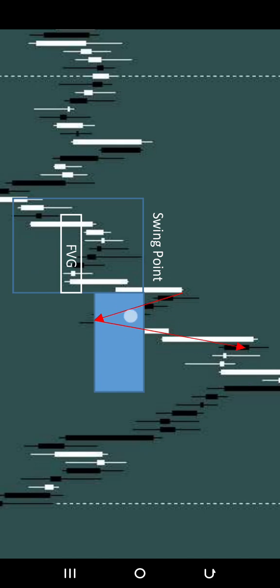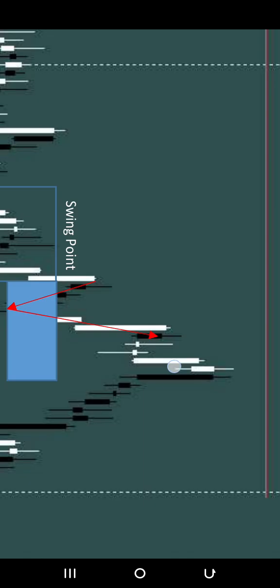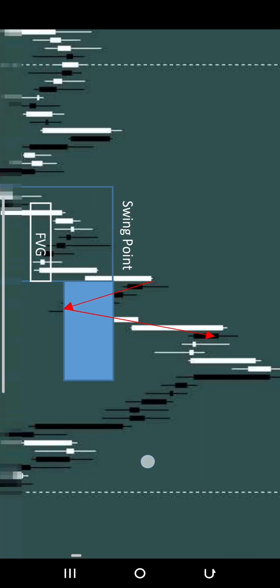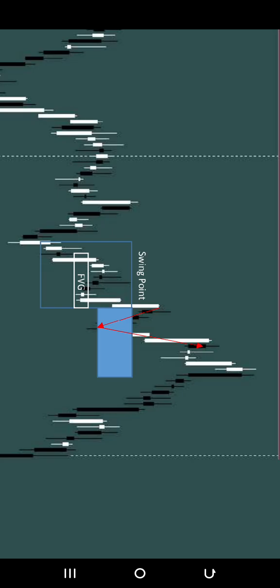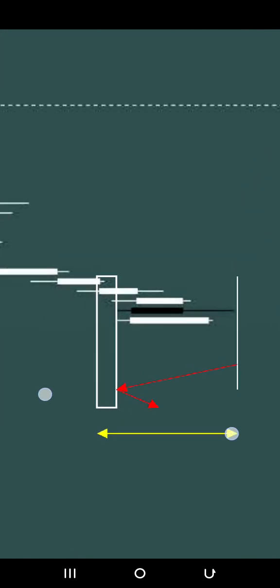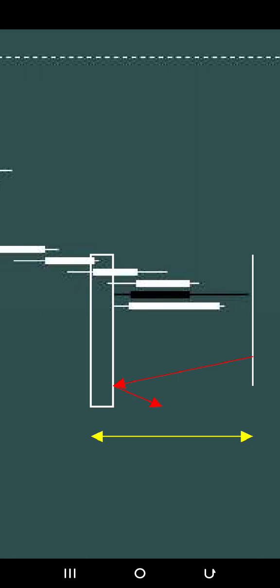You understand? You traded from here to this point and you made huge profit. And you traded from here to this place, you made huge profit. And you continue and you made the third one huge profit. That is how to trade. You need to understand some zones in the market. It is very important. When you understand these zones, you'll be able to trade the right way. Your 1:2 is more than enough to make you profitable. Your 1:2 is more than enough to make you pass the prop firms.